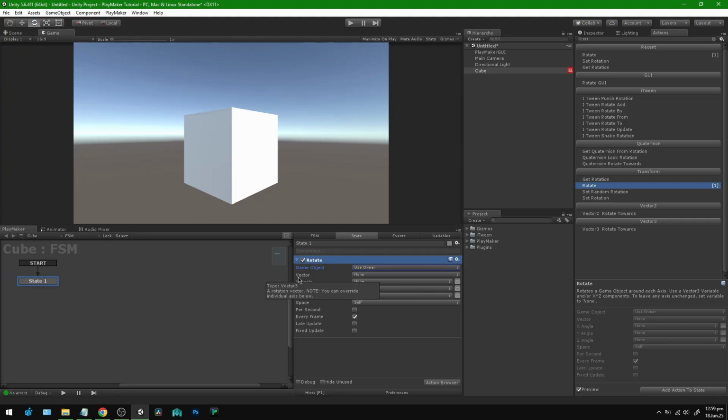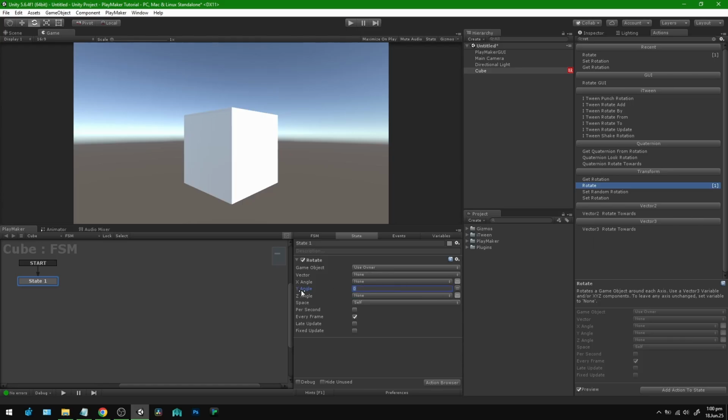And now we get an option below that for a vector3 variable. And if you're not familiar with what a vector3 variable is, or any other variable for that matter, I can quickly go through a couple of them in a bit. But basically a vector3 is 3 variables in one. So it's going to be basically a combination of this X, Y, and Z in one single variable. So you have an option to use that. I'm just going to use the Y variable here. So I'm just going to click this little use variable button here,